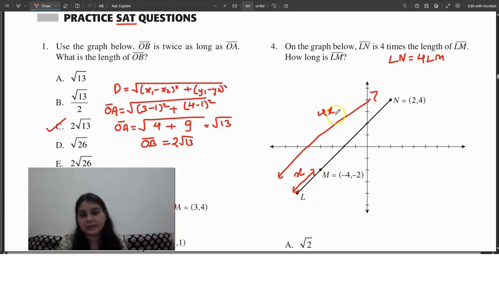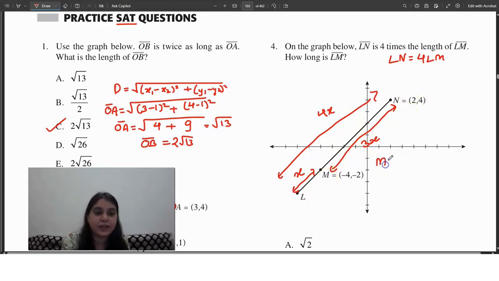Now this is x, this is 4x. So what about the remaining length? That's going to be 4x minus x. So this is 3x. But we can actually find the distance between m and n by the distance formula. So we'll find mn. It is equal to under root